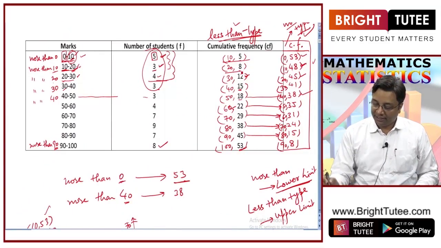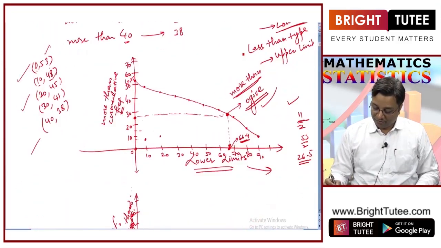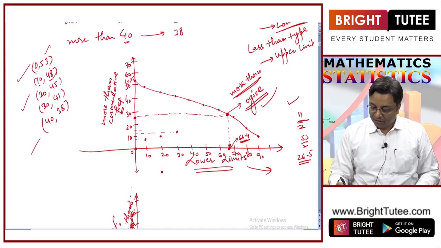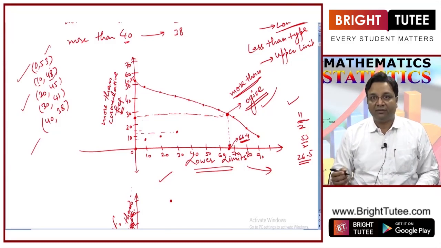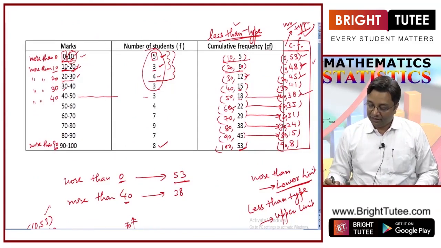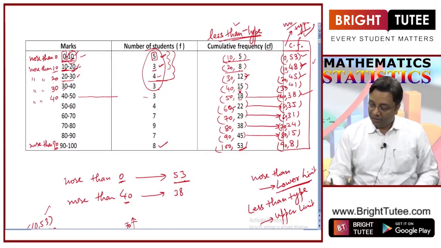Next 28. So, 20 and 8 will be somewhere here. 30, 12. So, 30 and 12 will be here. So, this is the next coordinate. Now, I am drawing on the same graph here. We can draw it on a different graph and then we will draw on the same graph also. So, let us draw it on a different graph first. So, the coordinates are 10, 5, 20, 8, 30, 12. Another coordinate 40, 15,